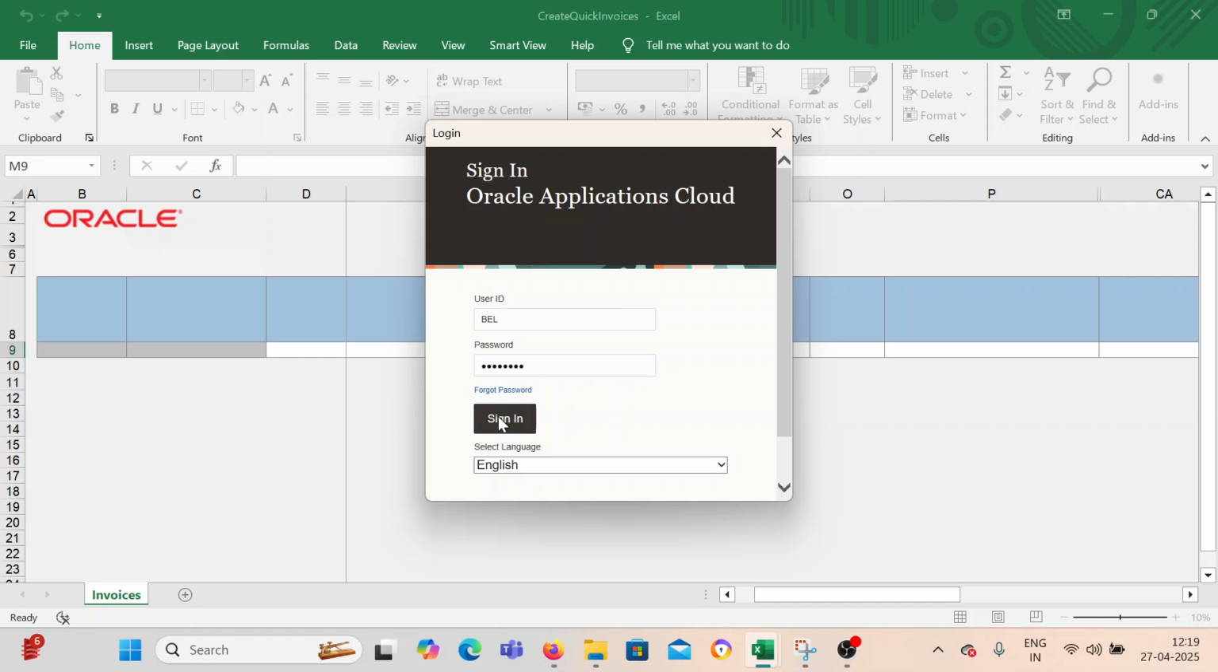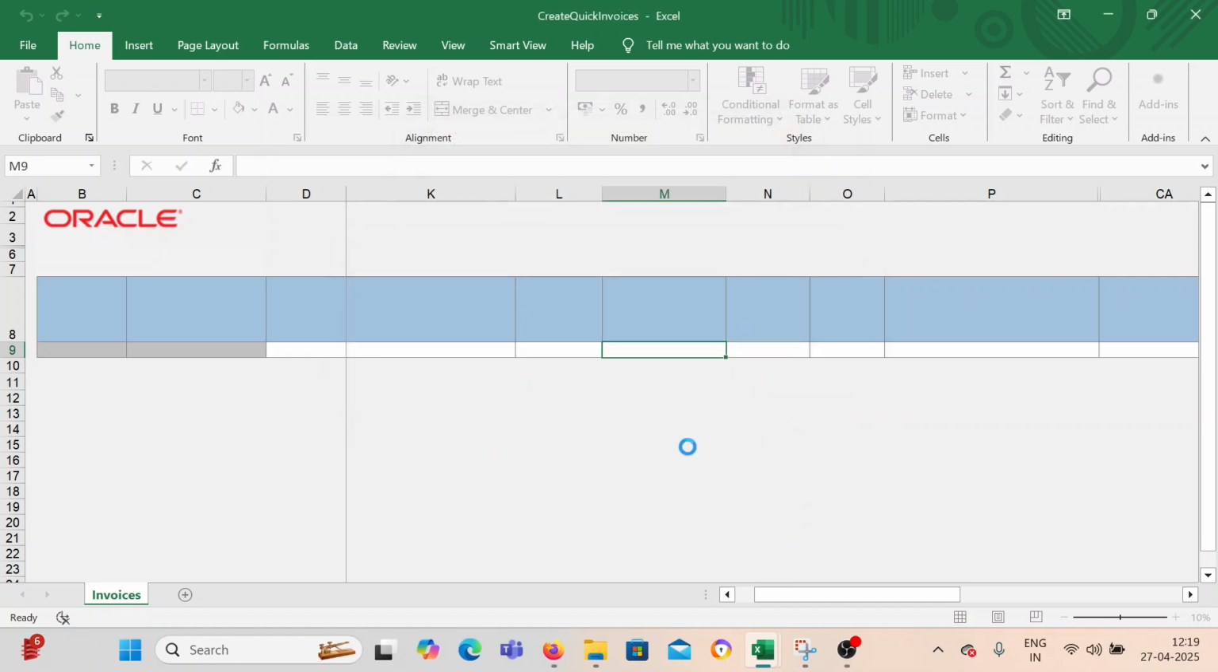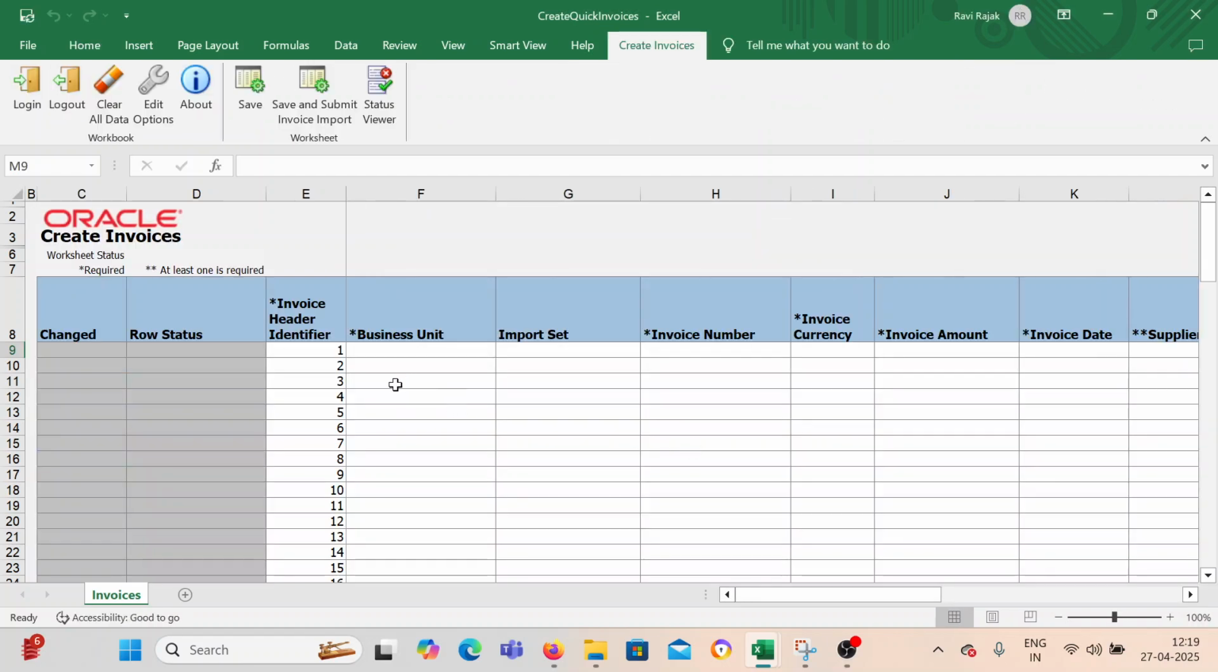We had provided user ID and password. Click on skip. So this is how it looks, and we do have a separate section called Create Invoices, and